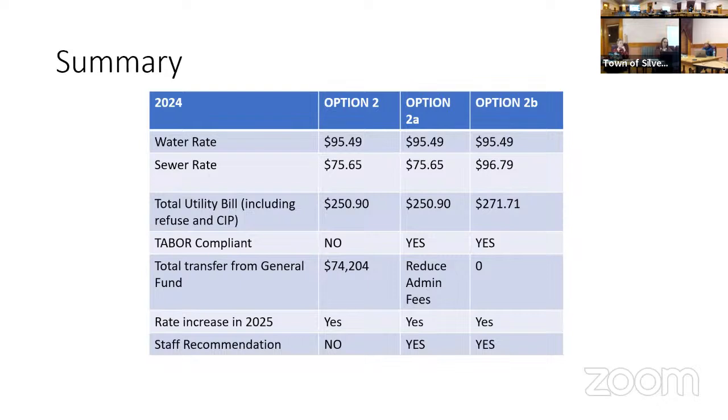Would someone like to make a motion to approve option 2A as presented? One other quick technicality on that. If you're paying with auto pay, it just automatically updates for residents. In theory?